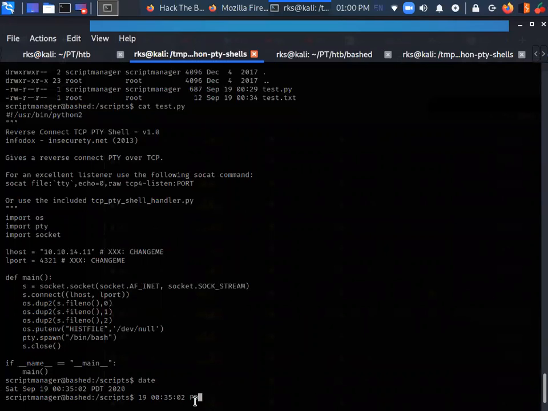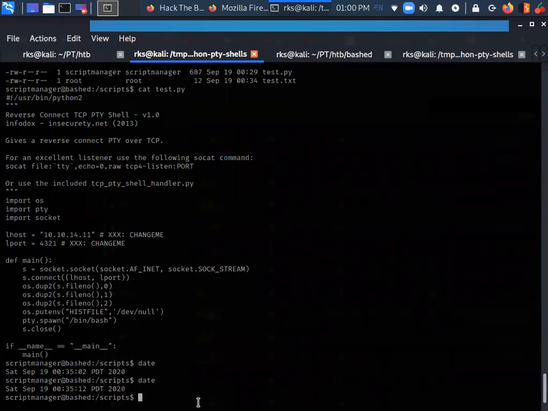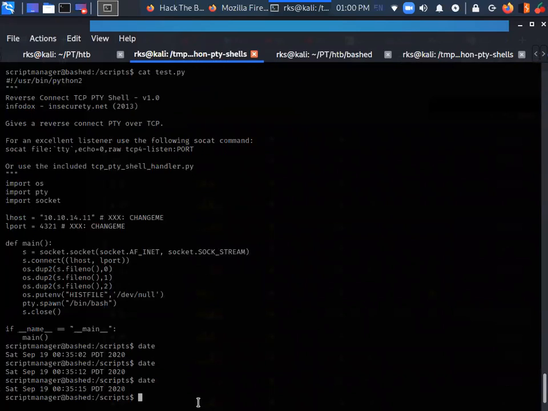We just need to wait for it to change to 36. So every minute this file is going to be executed as the root user.